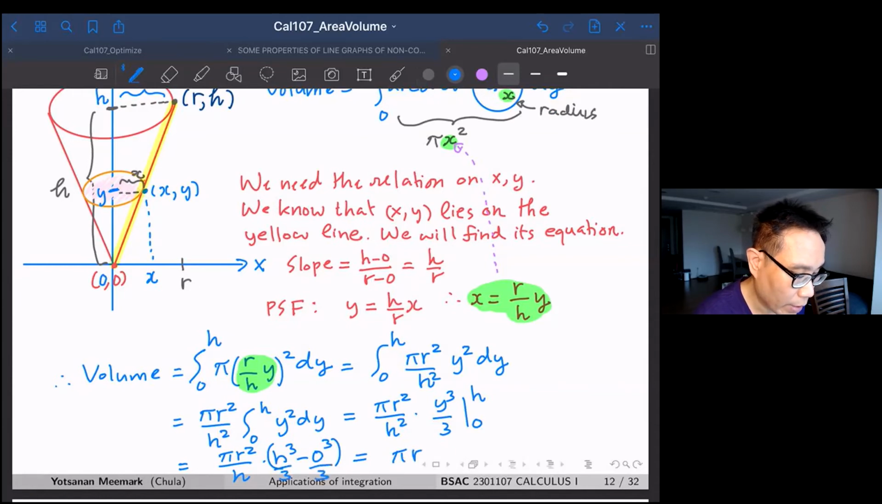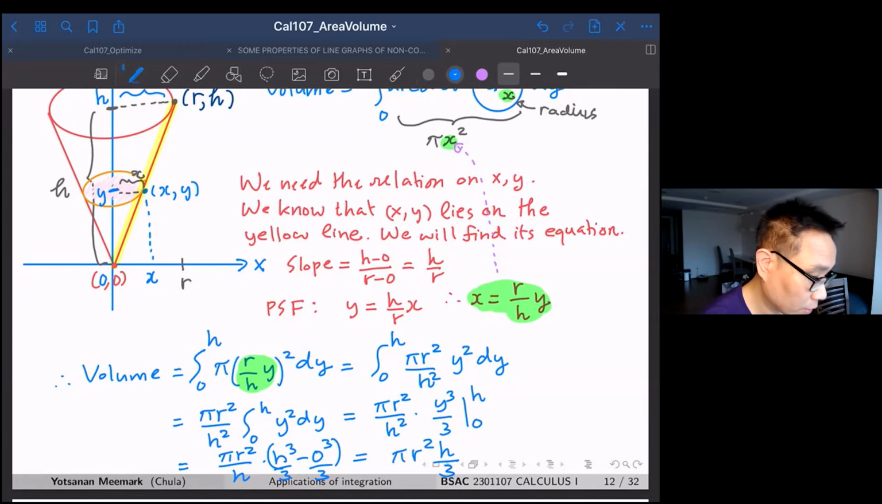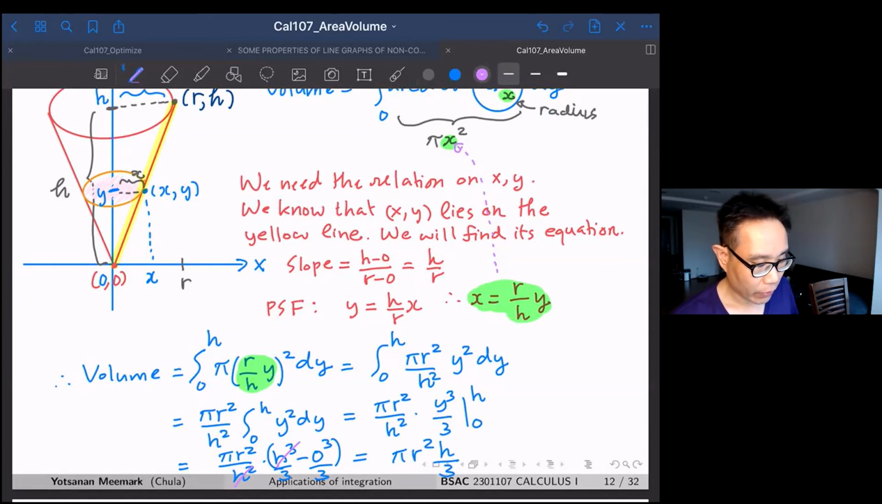Okay, so you get pi r squared h, and you have over 3, because you can cancel h squared with h cubed here. So you just have h left. So you get pi r squared over h squared cancel with h cubed, so you get pi r squared h